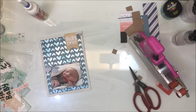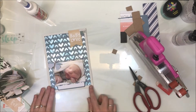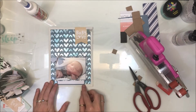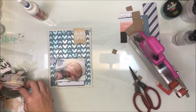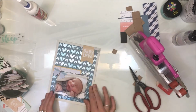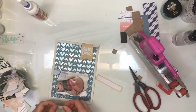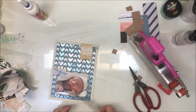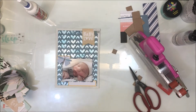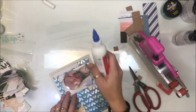I do have some labels that I believe I did a print and cut on my Cameo. I tried the blue one because everything else is blue, and then I found this yellow one. I thought, oh, maybe I can add some yellow in. I'm like, yep, that's what I'm doing. So I'm going to add the yellow one there without anything on it. You'll see me glue that down, and then I'm going to also,